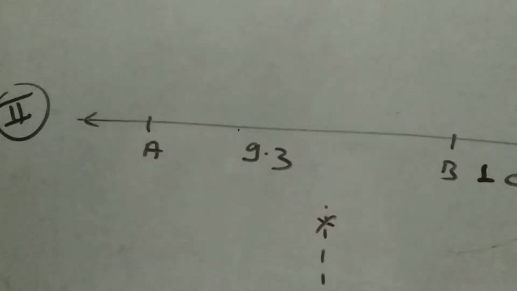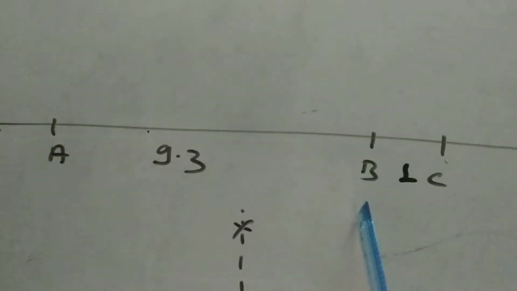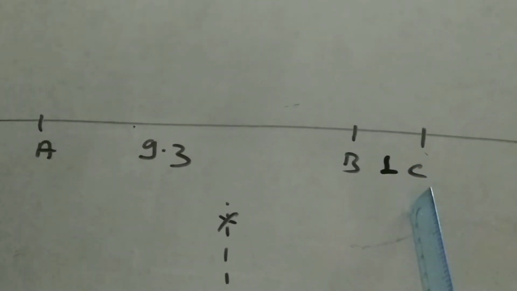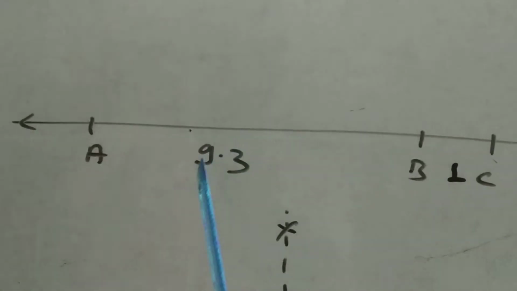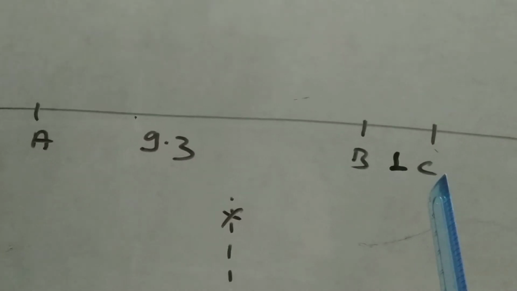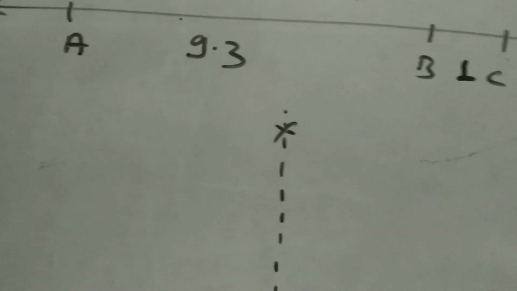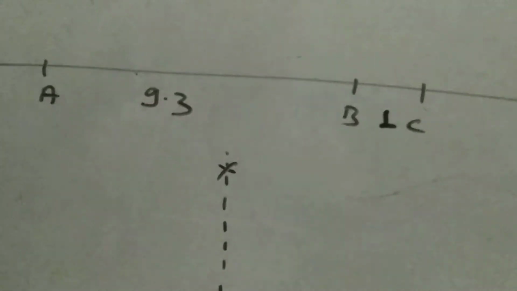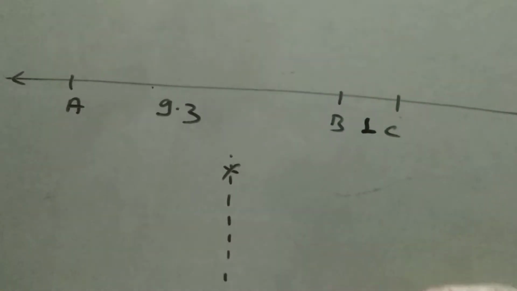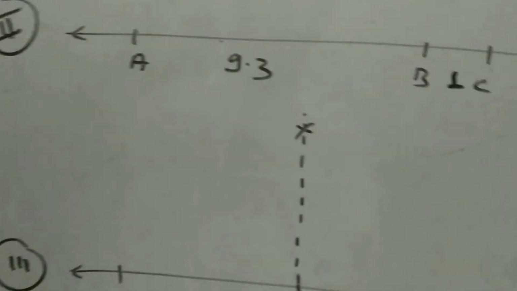Second step is make BC equal to 1 unit, 1 centimeter. If AB is equal to 9.3 centimeters, BC will be 1 centimeter. Now with the help of your compass, you all know it, right? Now keep it on A,